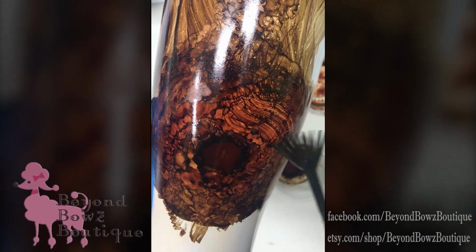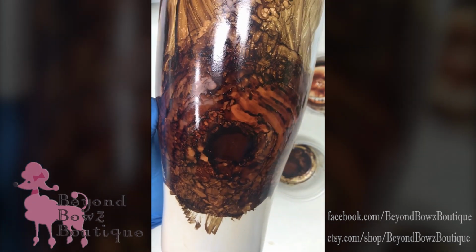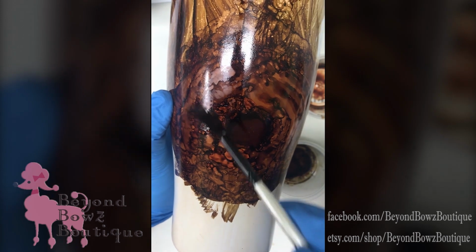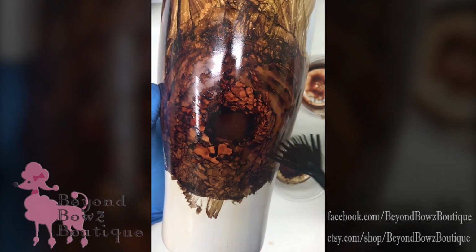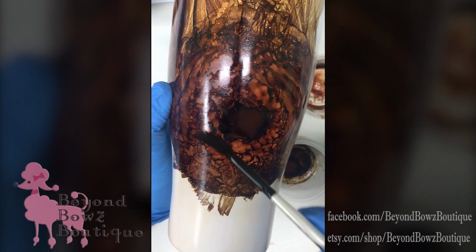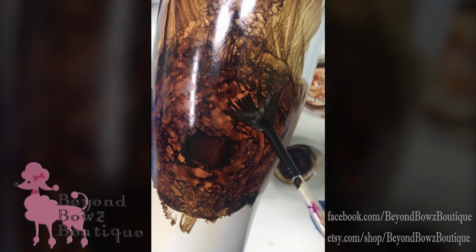So I'm going to do some grain things going on here and lighten this up right here. So let them dry. And then the other thing you need to know is while it's drying, before it's been sealed, they scratch off. The ink scratches off very easily. And so if they're knocking around against other cups, this kind of thing, you're going to end up having to touch it up, and that's going to mean waiting longer to let it dry. And like if you've done your bottom and you set it on a table, then that's going to be a problem. It's going to scratch away, and then again you're going to have to